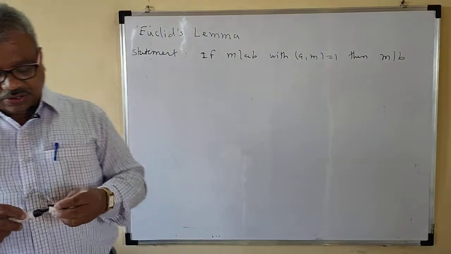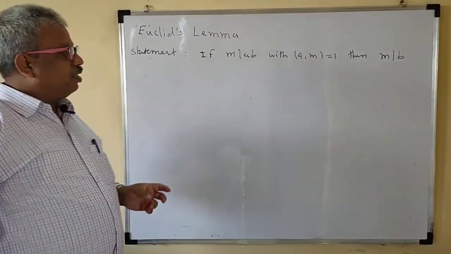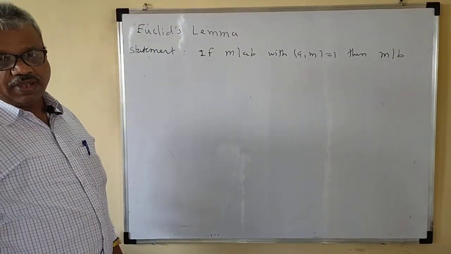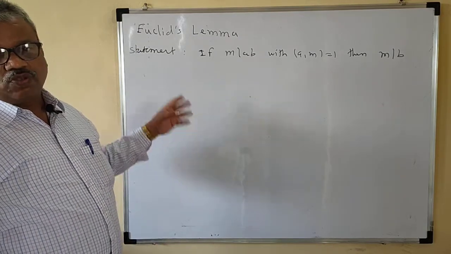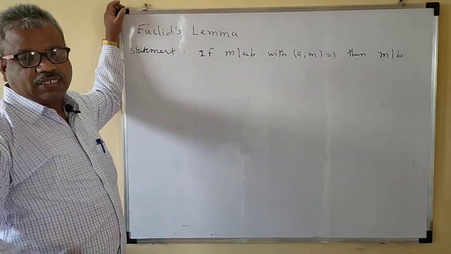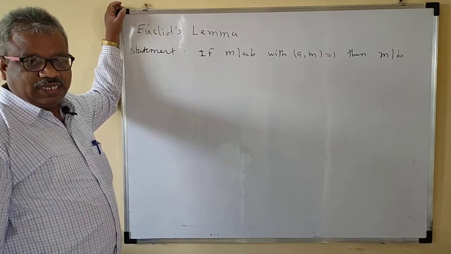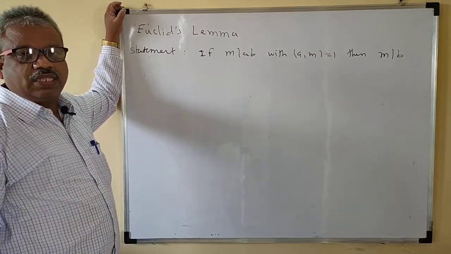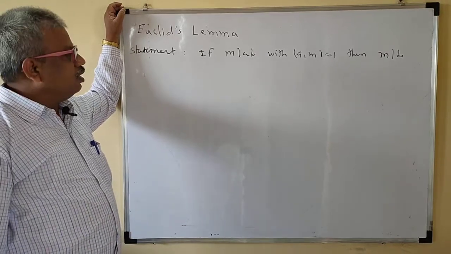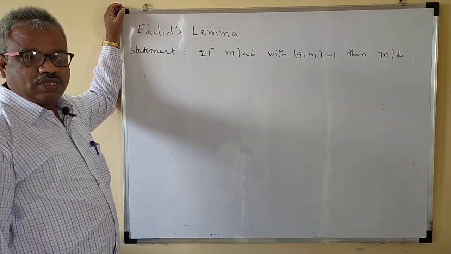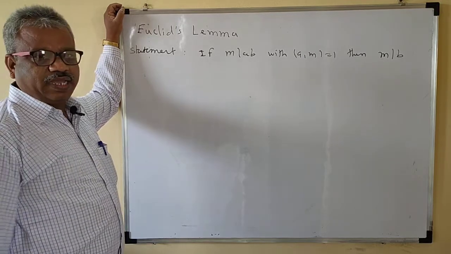In the last video lecture, we have seen the definition of the common divisor and the definition of the GCD. We have seen the theorem that any two integers have a positive GCD, and it can be expressed as a linear combination of the given two numbers. And we have also seen some examples on the GCD. So this is also an application of GCD.